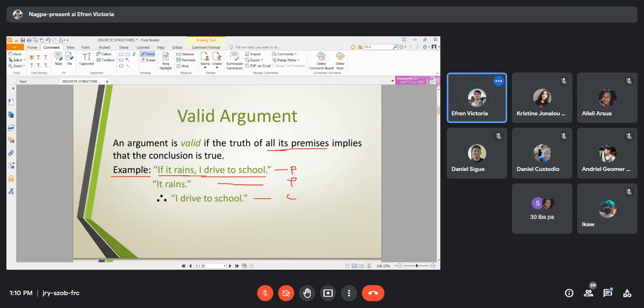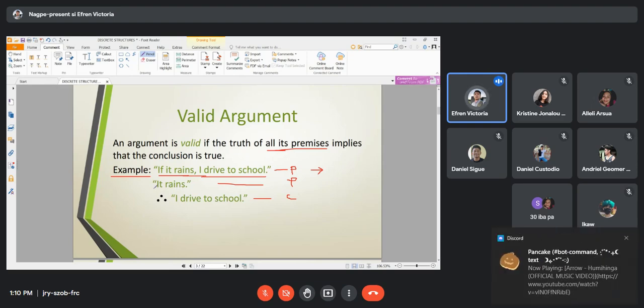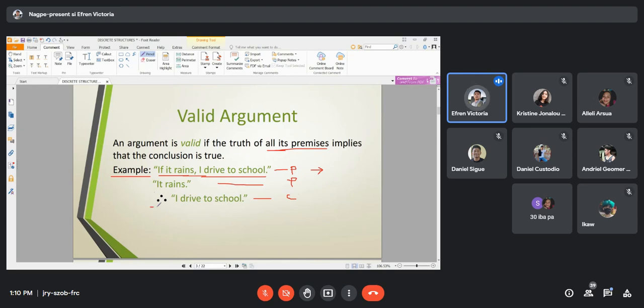So, first premise is, if it rains, I drive to school. So, ang ginagamit dito is yung implication, yung if then. Then, it rains, therefore, yung tawag doon sa three dots na yan, I drive